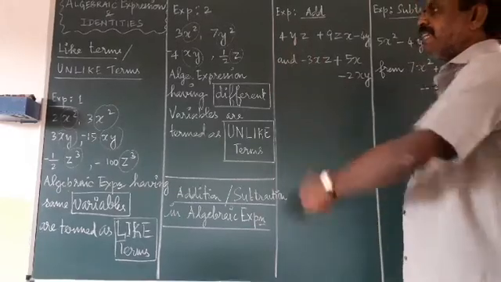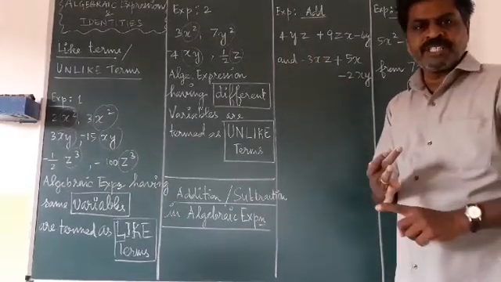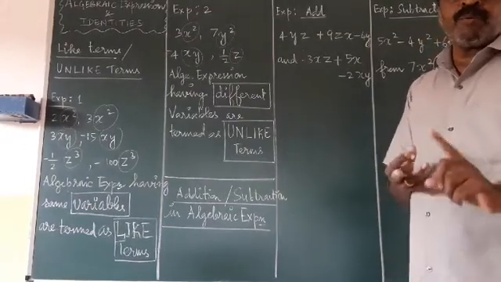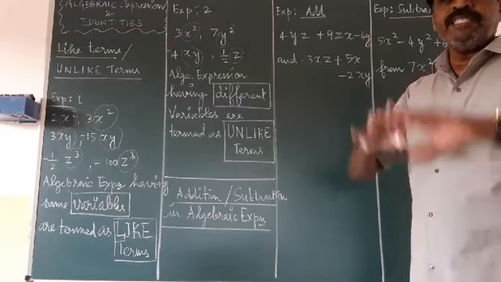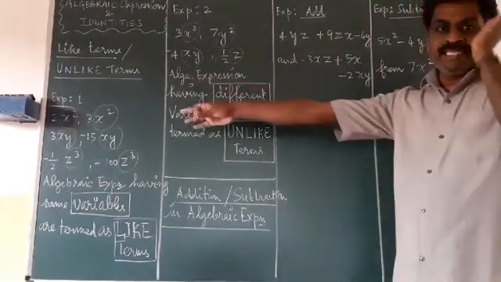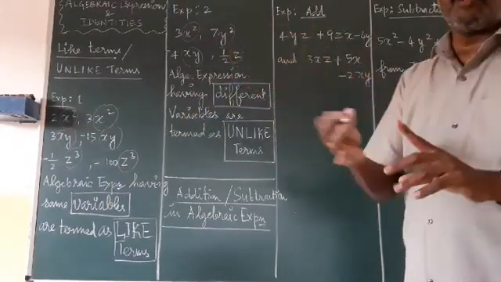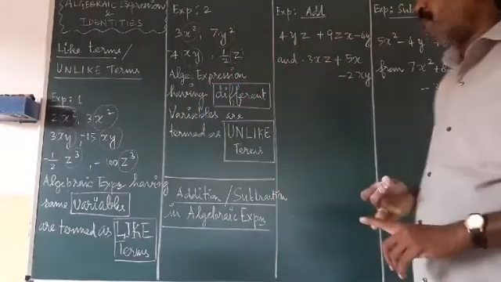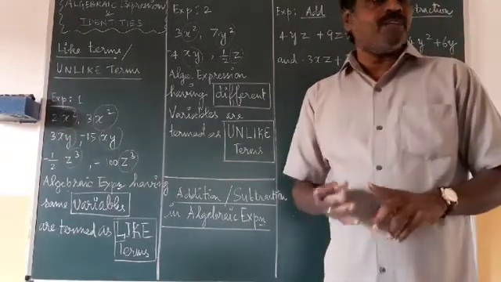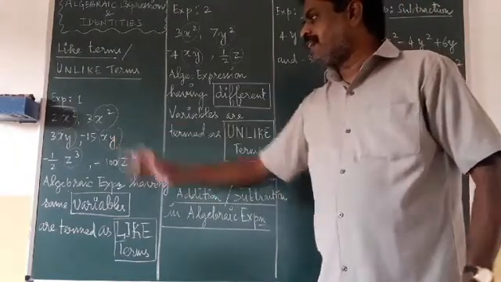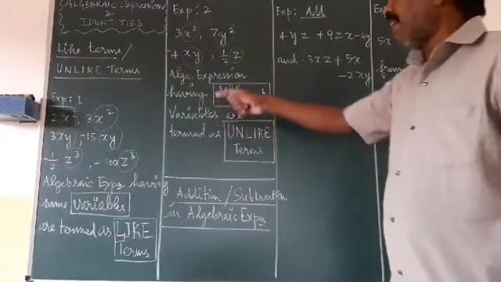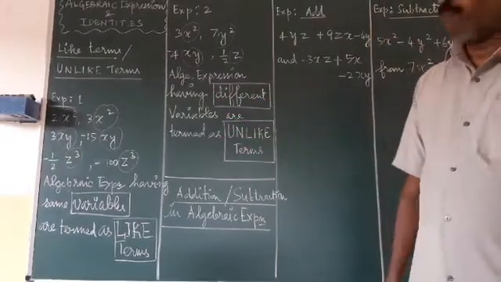Okay. First, what is an algebraic expression? Parts of an algebraic expression, types of algebraic expression: monomial, binomial, trinomial. Generally it is called a polynomial. And what is a like term, what is an unlike term? Seeing the term, we have to see the variable, not the numerical value. If the variables are same, they are called like terms. If the variables are different, that is termed as unlike terms. Okay, that is this one.